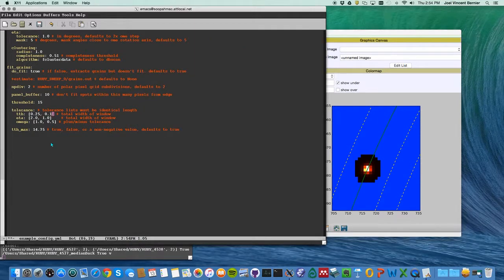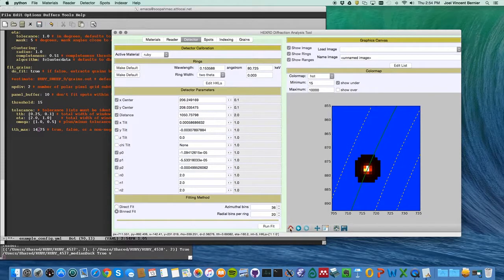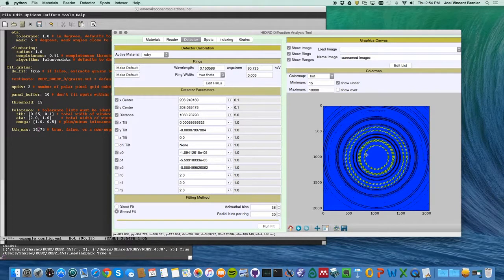I know that's plenty to carry all my spots. Last but not least, TTH max. Now if I put nothing here, or comment this out, then it's going to load that materials file again like we did for the indexing, and it's only going to use these 5 rings to do the fits. Now that's generally not a lot of data for a single crystal. So either I can do one of 2 things. I can either select manually more rings in here and resave the materials file, or what's usually better is that